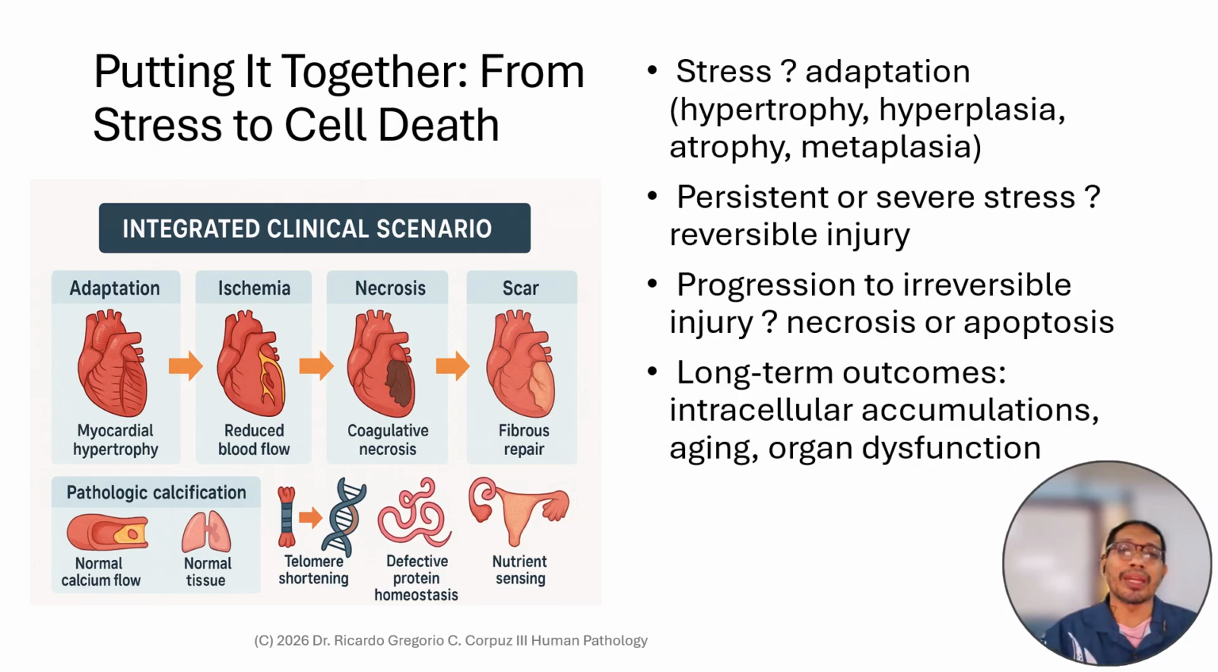If the ischemia becomes severe or prolonged, the affected myocardial cells undergo irreversible injury leading to coagulative necrosis, a myocardial infarction. The loss of membrane integrity, mitochondrial failure, and nuclear breakdown mark the point of no return. This is where the mechanisms we discussed, ATP depletion, calcium influx, and free radical damage, become dominant. Following the infarction,